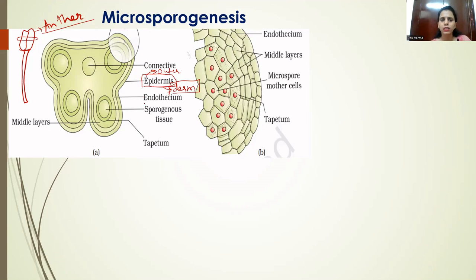Next to the epidermis we have another layer of cells which is called the endothecium. Here the meaning of the term endo is inside, that means the layer of cells which is present inside the epidermis. After the endothecium we have 3 to 4 layers of cells, and these layers of cells form the middle layers. Then next to the middle layers we have another layer of cells called the tapetum. Now inside the tapetum there is a cavity present, and this cavity is known as